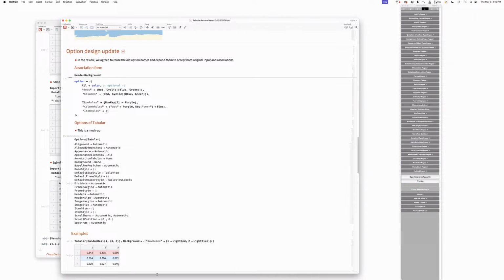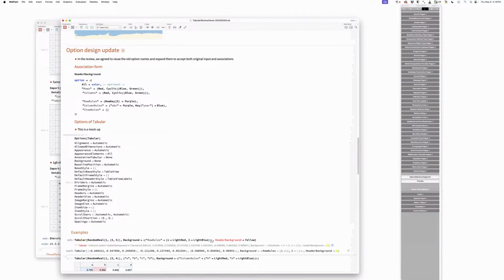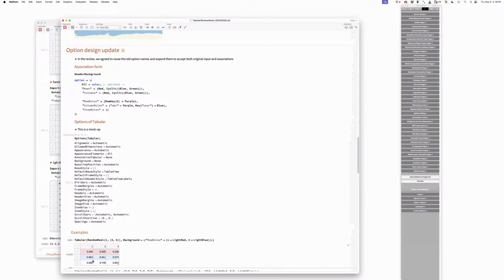All right, so the naive thing here would be if I say header background arrow yellow. Not going to work, but okay. If I did that, what's it going to do? Is it going to do that for the things at the top, or what's it going to do? You would do it for the things at the top. I sure, I mean, we can decide what it should do, but I was thinking it would do